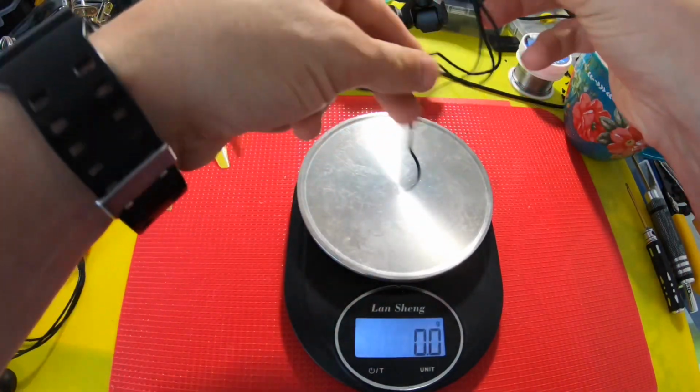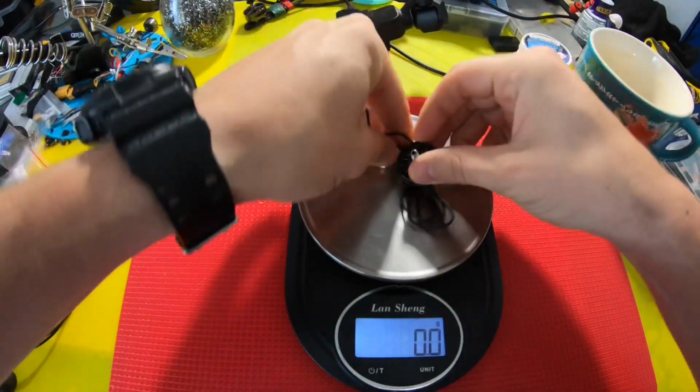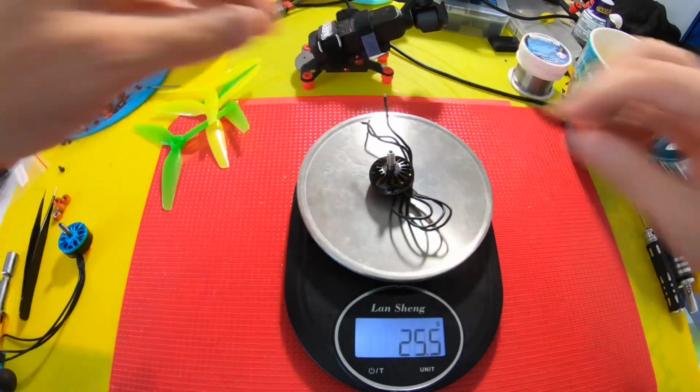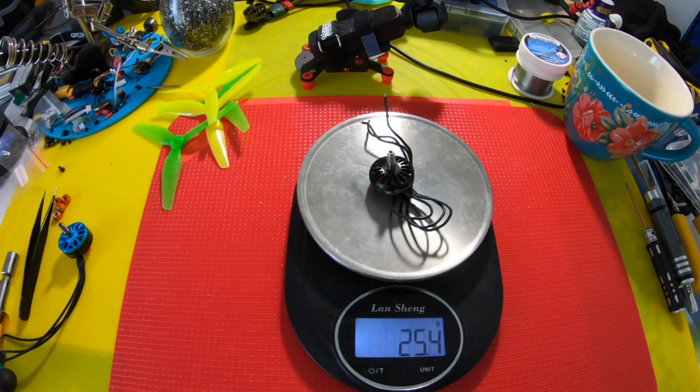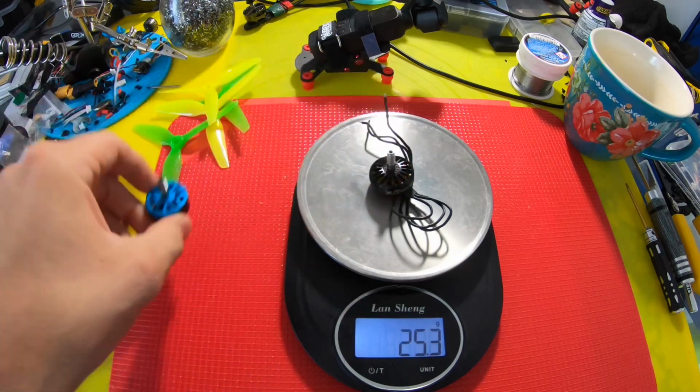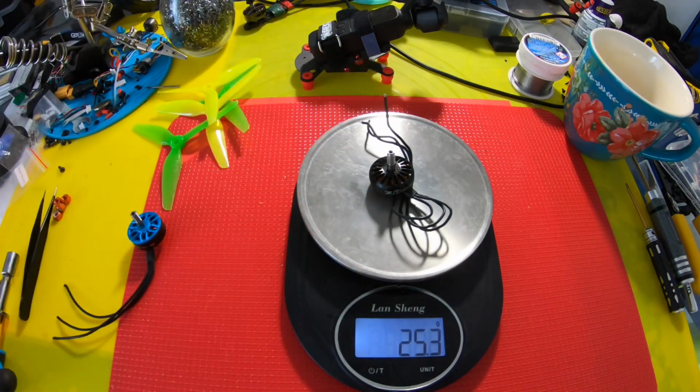So there you go. So 25.4. So much closer in comparison than this was. This was like, what, 1.5 grams more. This is within half a gram of